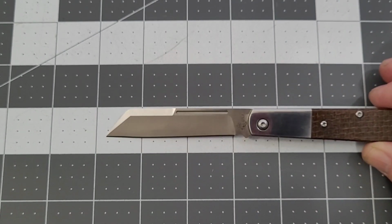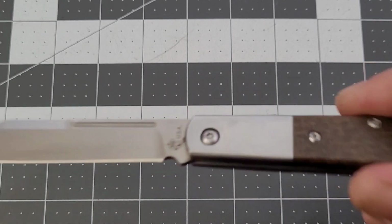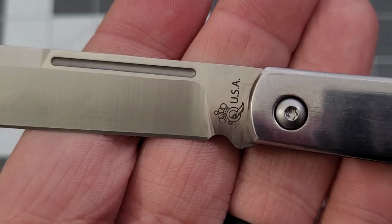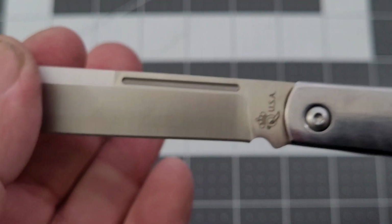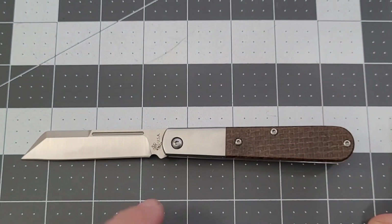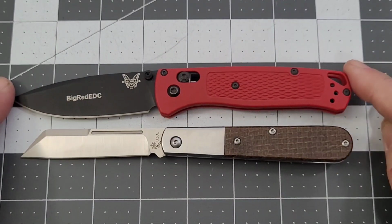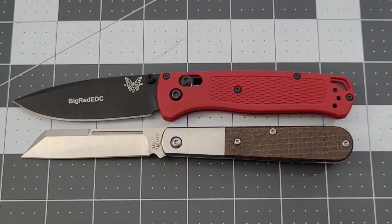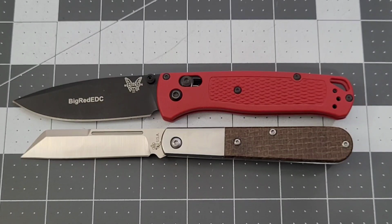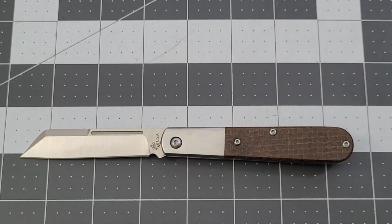Now your cutting edge is going to come in just right around 2 3/4 inches. You do have the nice sharpening choil there, though, for sure. Looking pretty darn good. Now let's do some size comparisons. Let's throw that in there real quick. So there you go. There it is up against the Bugout. It's Bugout-ish. I mean, just about 1/4 inch shorter on the blade and pretty close to that on the